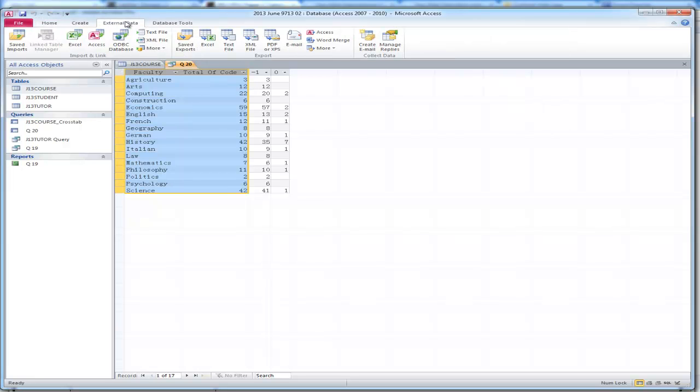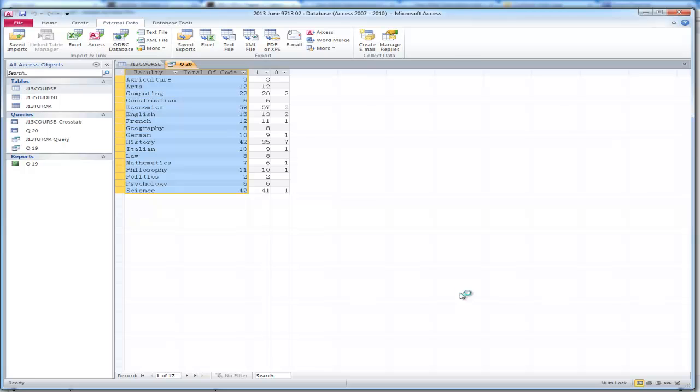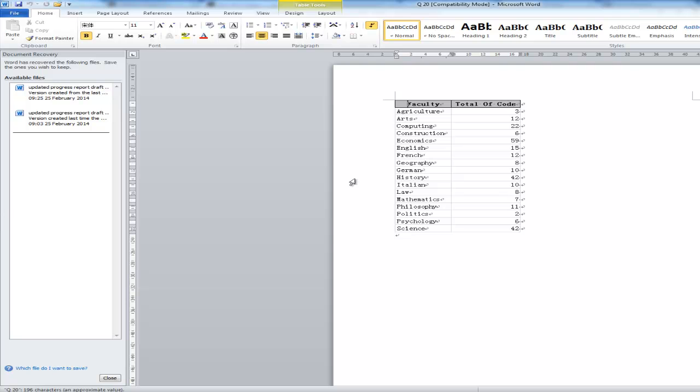Now export this to a document, Microsoft Word, and export the selected records. Now these fields will be selected and exported to Microsoft Word. From there you can take it into your evidence document, because we want to show this in our evidence. Okay, so